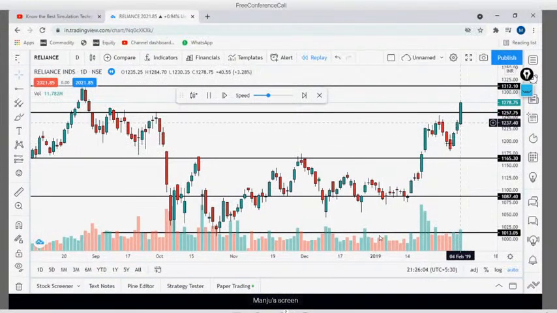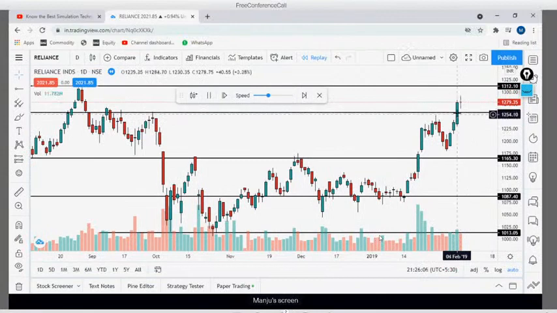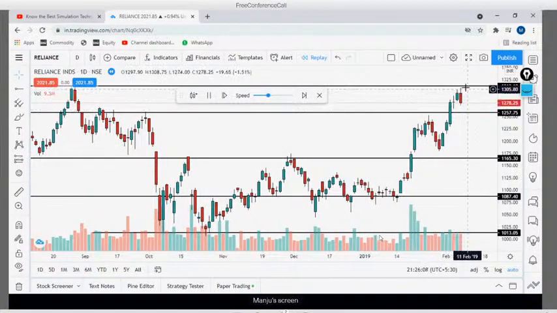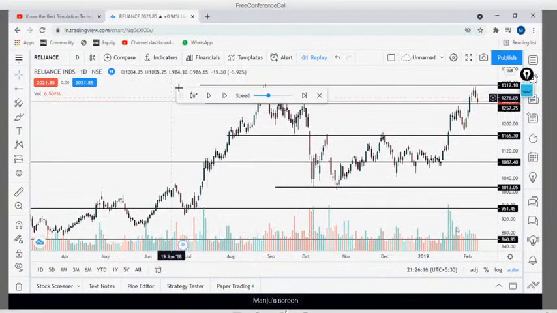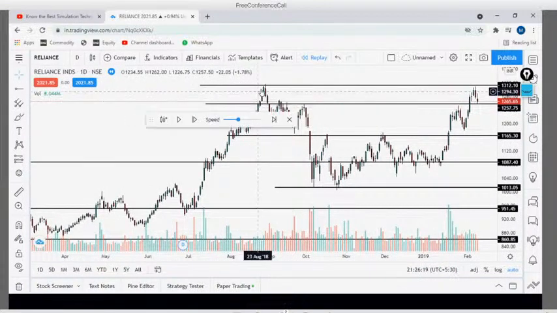See, now when it came near support, it took a support area and bounced, and see how it is going upside. See this? This was our lifetime high, right? This one, this area, and how it reacted here. I hope you are getting the difference.